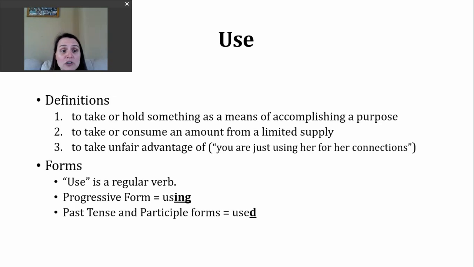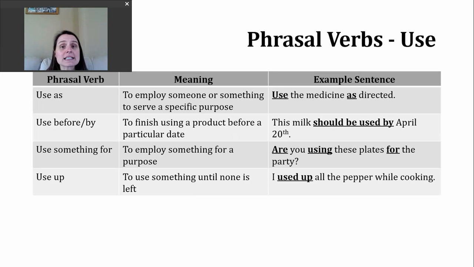Use is a regular verb. To make the progressive, we need to drop the E before we add ing. And for the past tense and participle forms, all we need to do is add D since the verb already ends with an E. Let's look at some phrasal verbs that